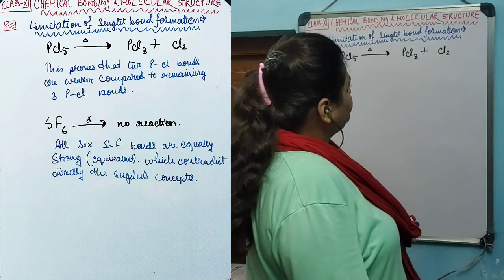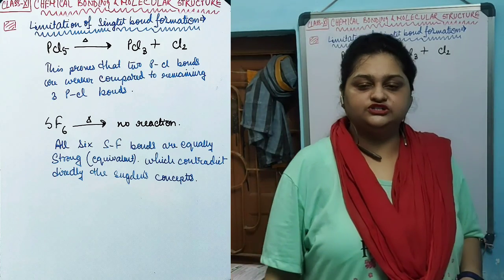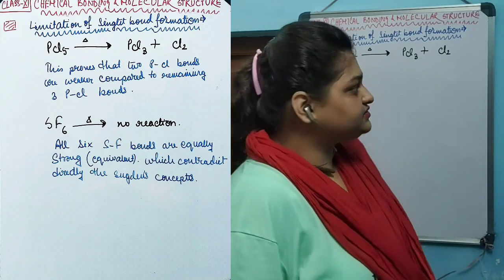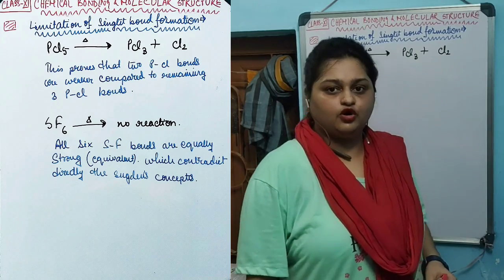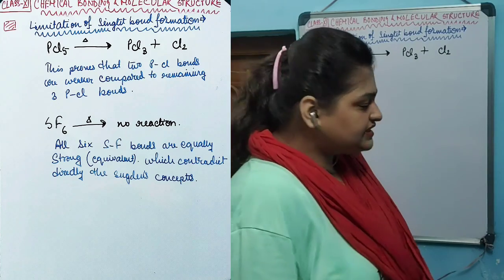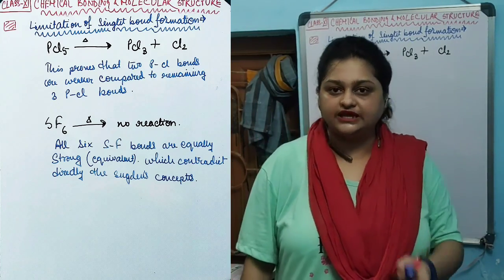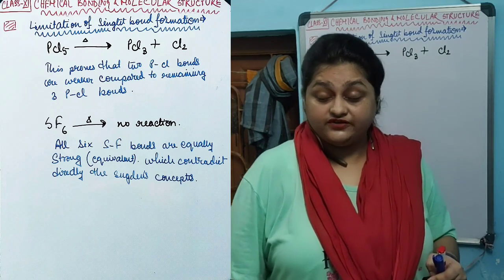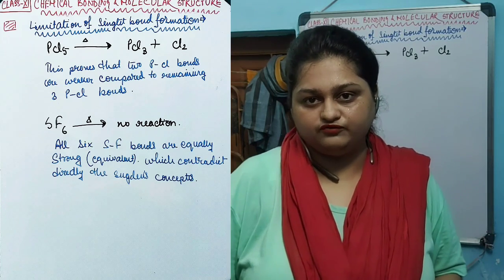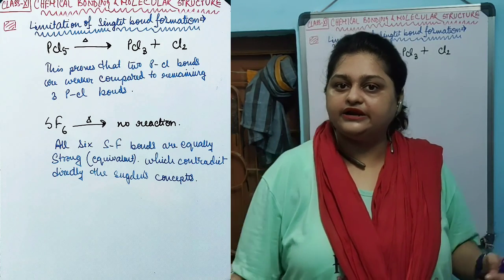This reaction proves that 2 bonds out of the 5 phosphorus-chlorine bonds are much weaker, and that's why they break easily to form one molecule of chlorine, and the remaining portion forms the PCl3 molecule. If this is true, then Sidgwick's rule is true, and if Sidgwick's rule is true, then in the case of SF6 molecules, where 4 of the bonds between sulfur and fluorine were singlet linkage and the remaining 2 were normal doublet linkage,